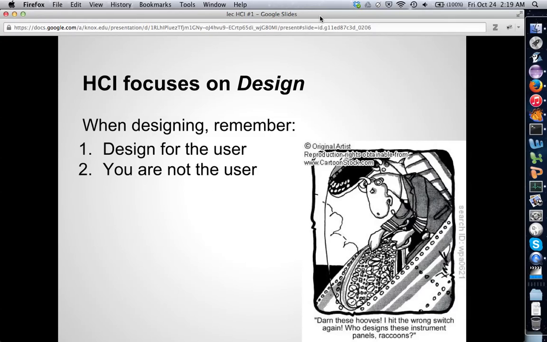So HCI focuses on design, among other things. Now, when designing, always remember that you're designing for the user and that you are not the user. This is important for software developers to remember. Just because you can figure something out or something makes sense to you, that doesn't mean it's going to make sense to anyone else or that anyone else will be able to figure it out if they're not a programmer